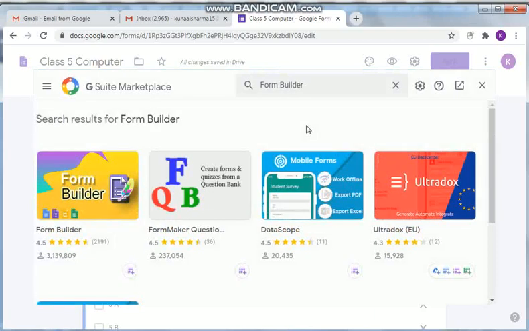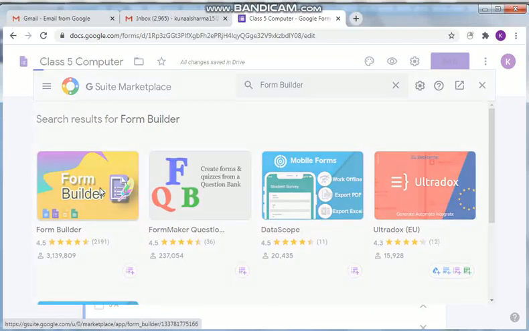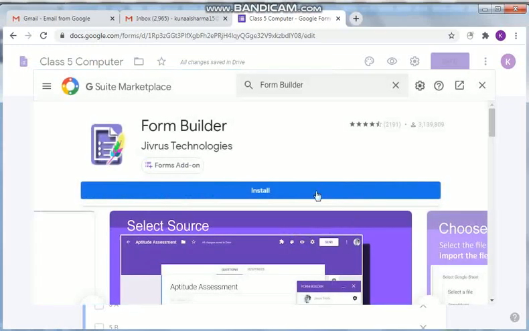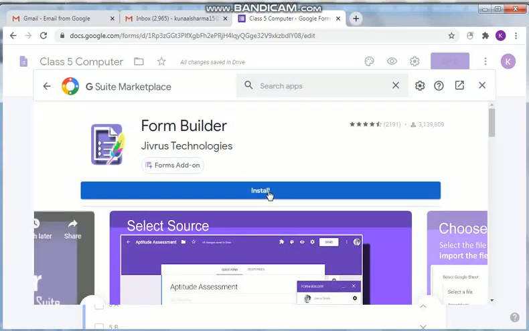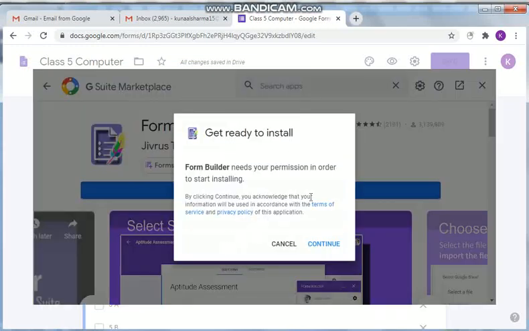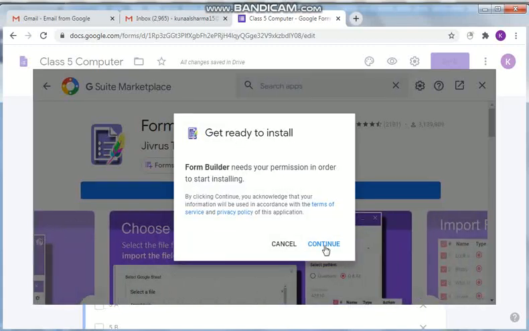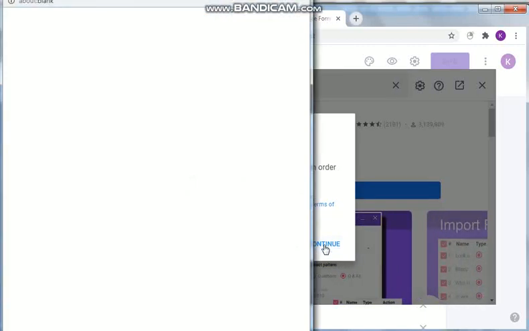Click on this form builder option. Here the first one is the form builder. Click on this and click on install. Hardly it will take a few seconds. You can click on the continue option,